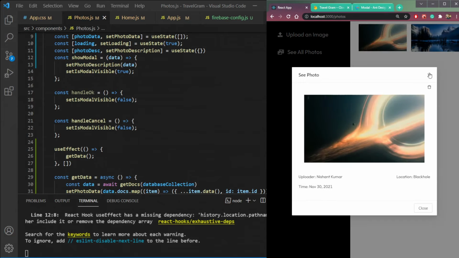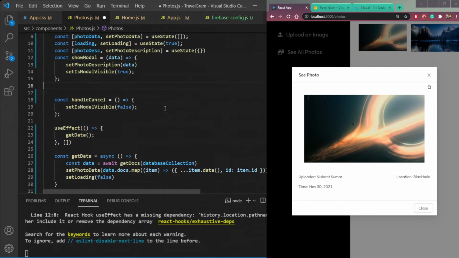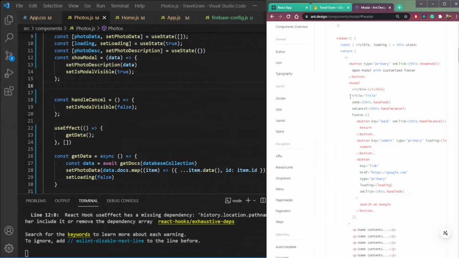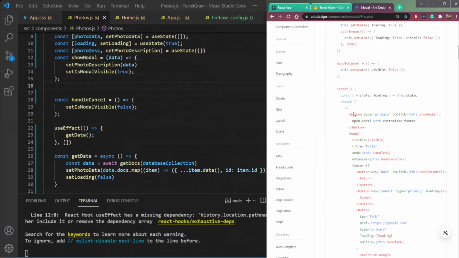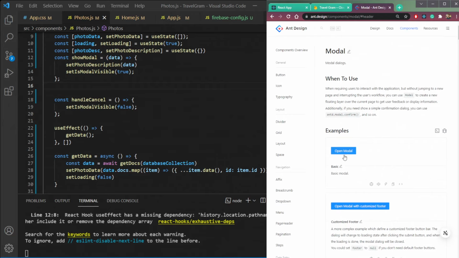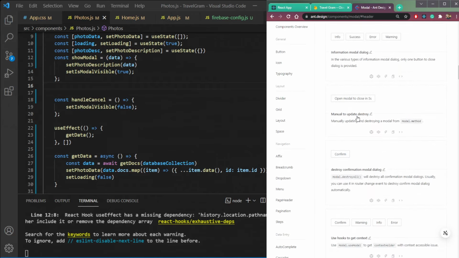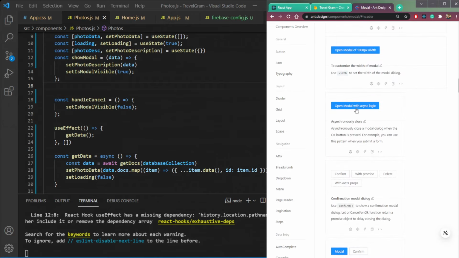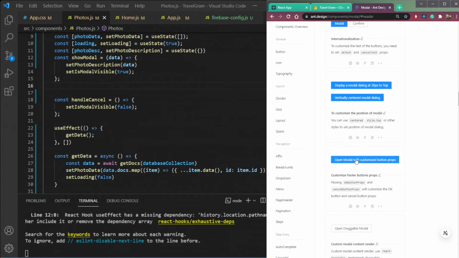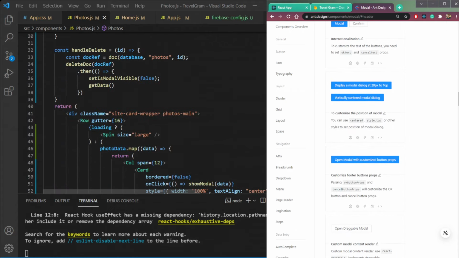So it's done. We have two images and they are both coming here. Fine. Okay, this top X button is not working. So let's see how to remove it. In this modal, so visible, on click. Okay, customized footer is done. Let's make the modal to be centered.